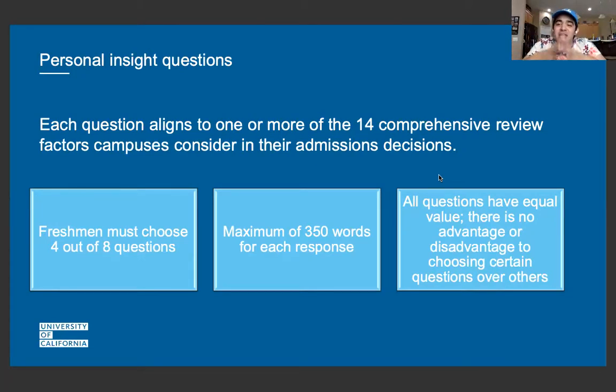Make sure all the questions have different themes. I will talk about in-person insight questions right now, actually. Each question, they want to know a different part of your life. If you were a foster youth, they don't want to know that in every single question that you answer. If it's talking about your abilities, they want to know what abilities you have. Please don't talk about those other abilities in other questions, because one question is one aspect of your life, and they want to know that.